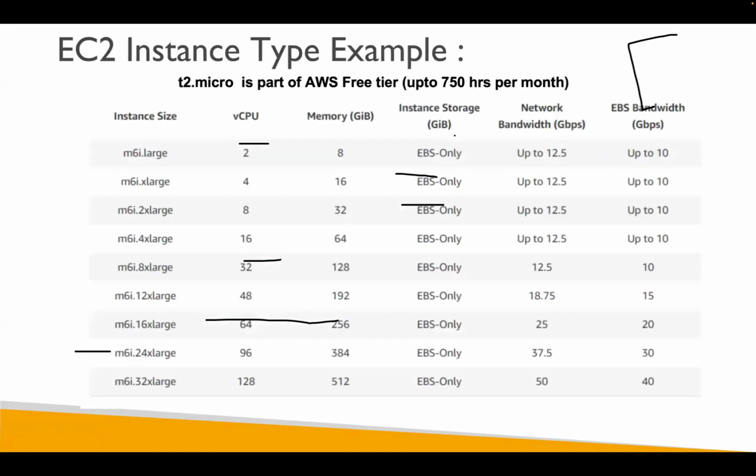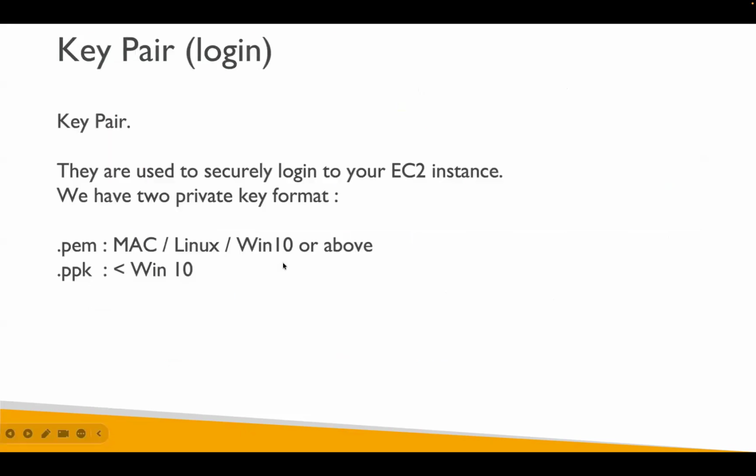So there are multiple options available. There are more than 50, 60 different types of machines available. Depending on what name you choose, the CPU and RAM memory will change. Like you can see, I have a 128 core CPU with 512 GB of RAM. You can think how big it is, right? I have a lot of options. I'll show you in the lab also.